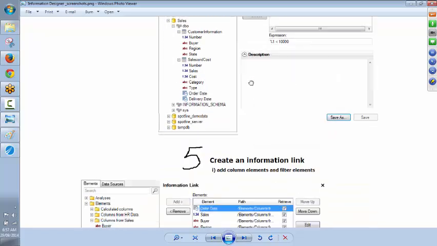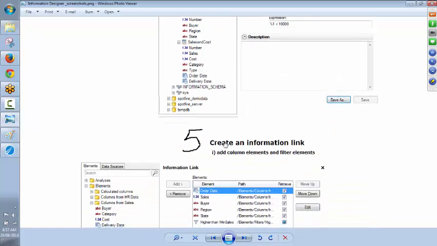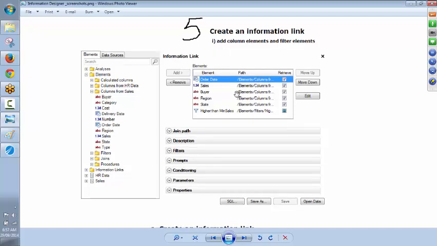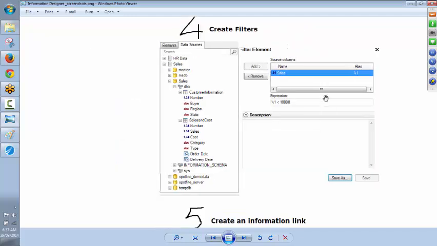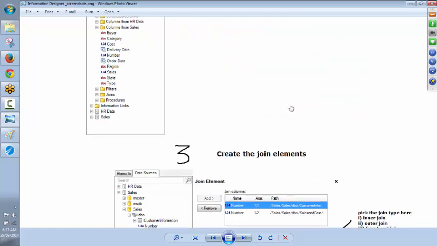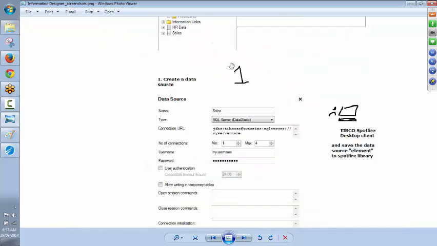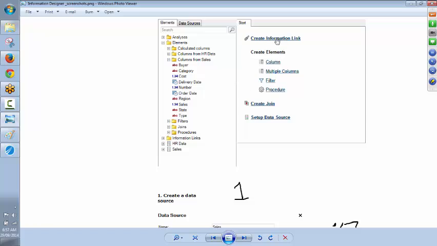here we have created the filters. Now comes the sweet part, information link. This is what we have been waiting for, and this is what companies would love to ask you, grill you, to ask a lot of questions on, check your understanding of those things. And there is a reason why they do that. This is the most important part. Here you click on the create information link, see this create information link here on the start tab of information designer,